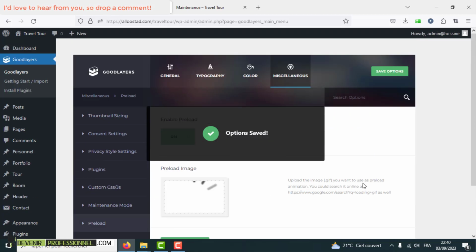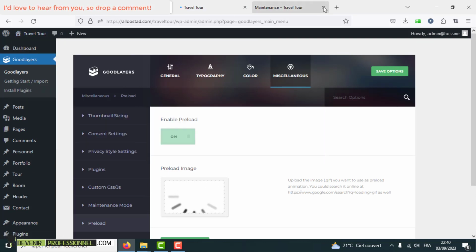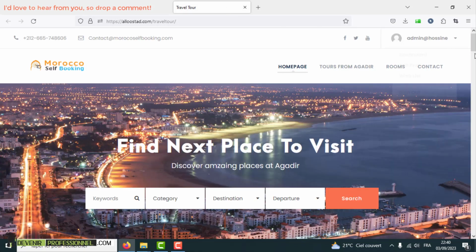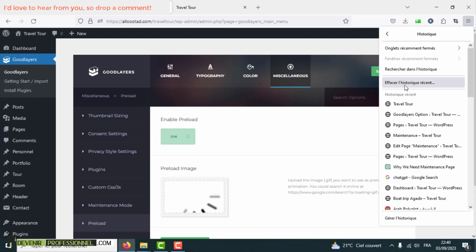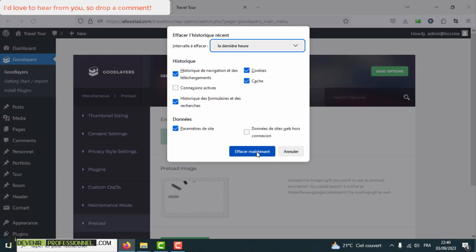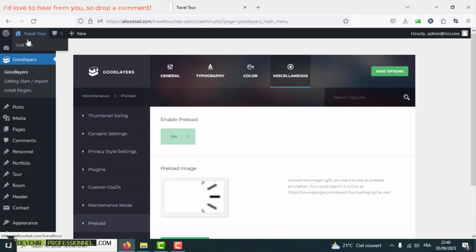Enable this. So now we need to check this. It doesn't work because we need to delete the history. I click on delete. So now if I check,